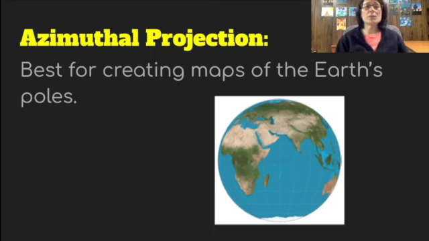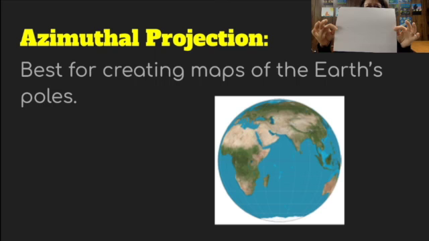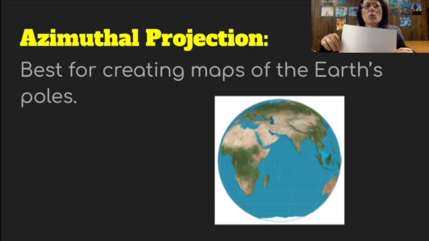But the different projections, first we have the azimuthal projection. This is best for creating maps of the Earth's poles. Now, in projections, we're taking something round and we're trying to put it on this sheet of paper. And so what they do for the azimuthal